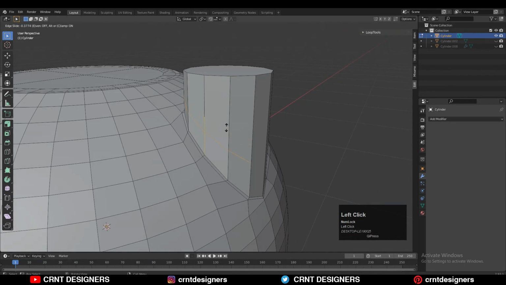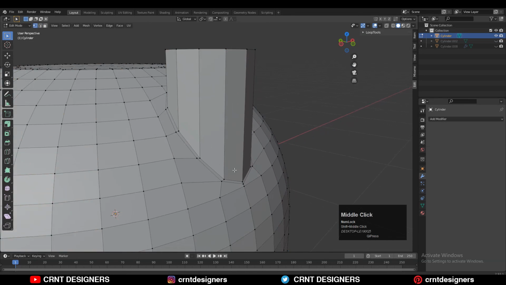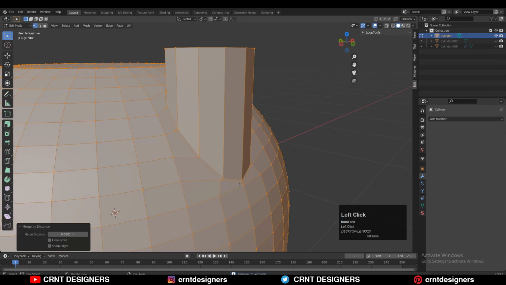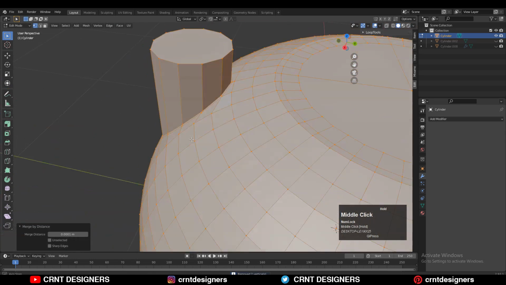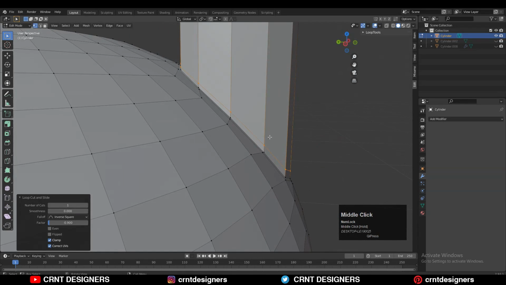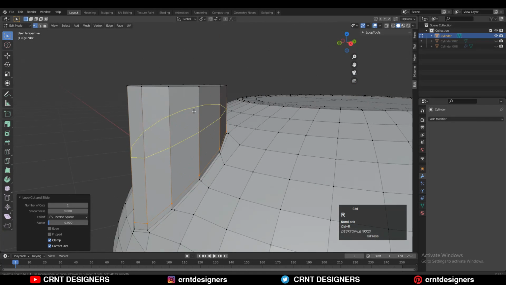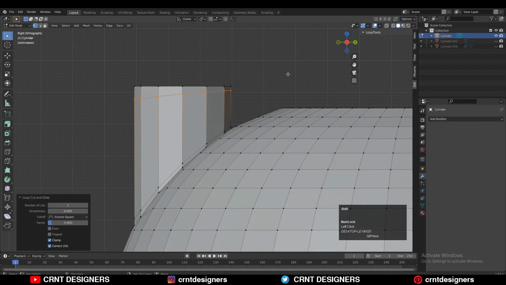And now we need to add the loop cuts here, but we are facing a little bit of difficulty because there are double vertices. So you select everything, press M and merge by distance, so double vertices will get merged. So you can see two vertices removed there. And then you can add the loop cuts like this. Add one more loop cut like this and then S Z and give the value 0 to make that loop cut straight.